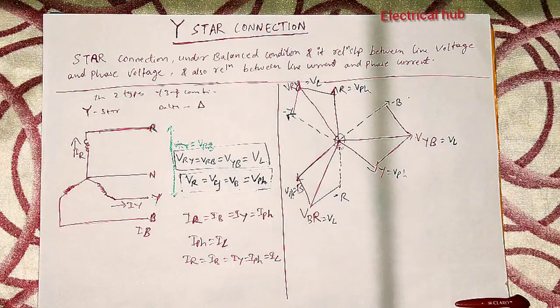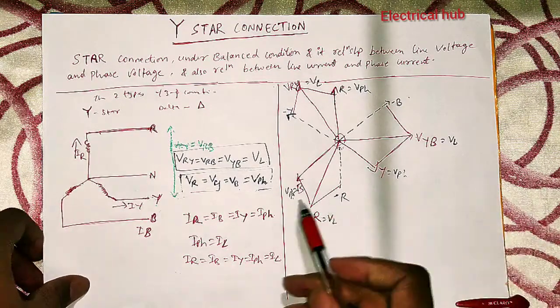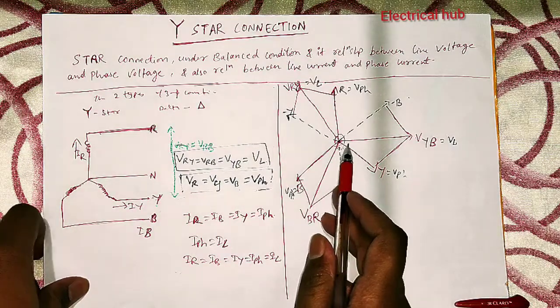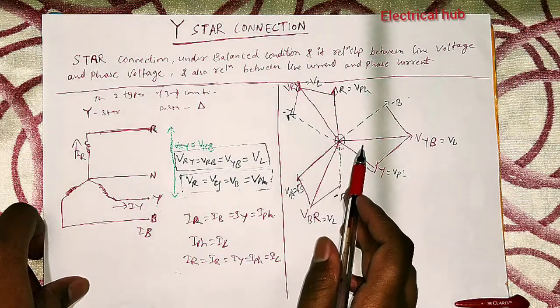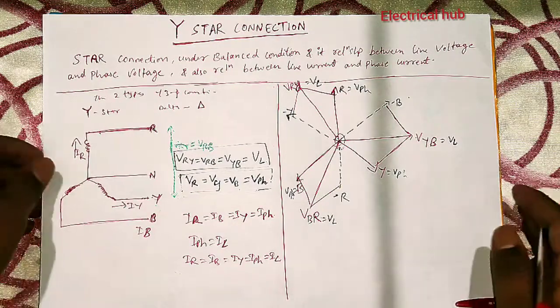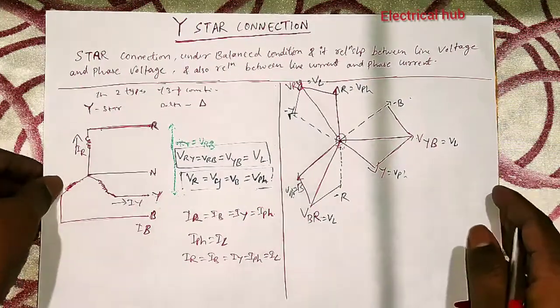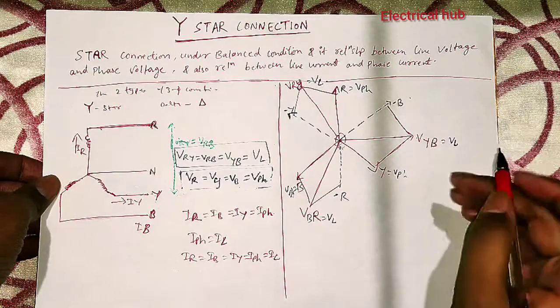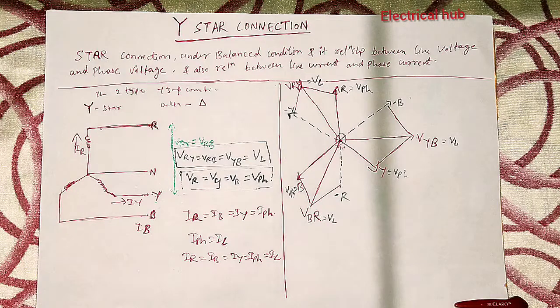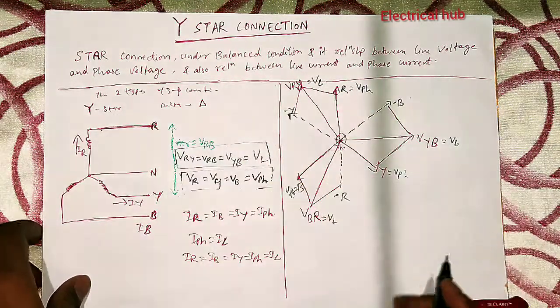Alright. So now I hope you understand what a three-phase star connection is and what the phasor diagram of three-phase star connection is under balanced condition. This is a condition of balance, na? So if a question is asked, what is three-phase star connection, then you have to write this procedure, and there is much more left. So I will make you understand what the relation is between the phase voltage and line voltage.